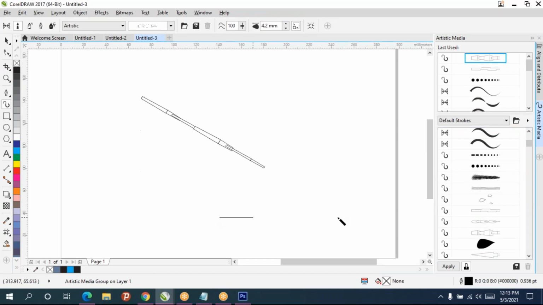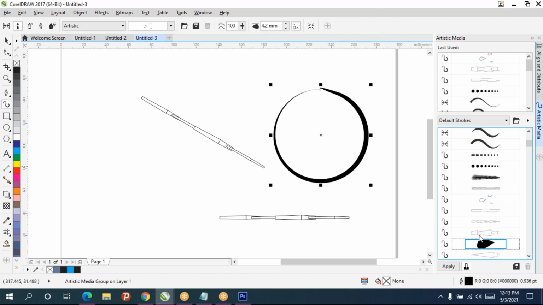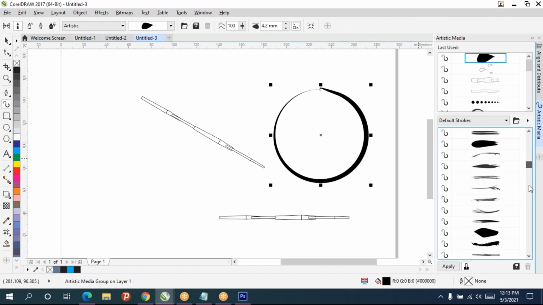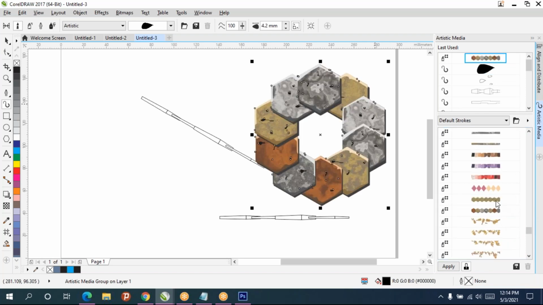Like this, or else you can draw a circle. That one also you can convert to this kind of shapes. Not only a circle, any kind of things. So, example like this.